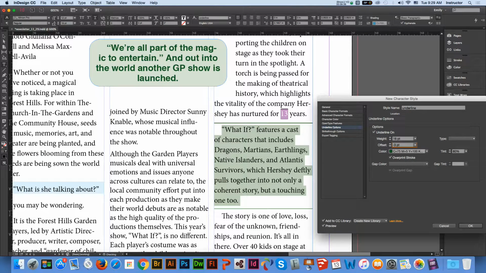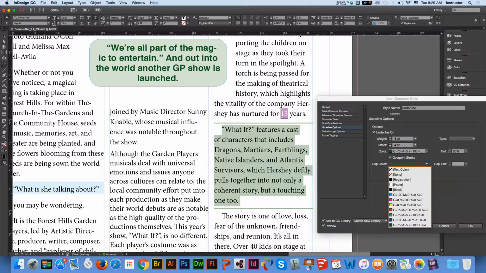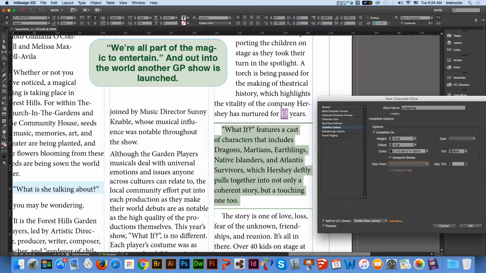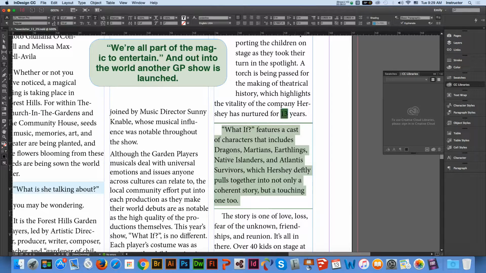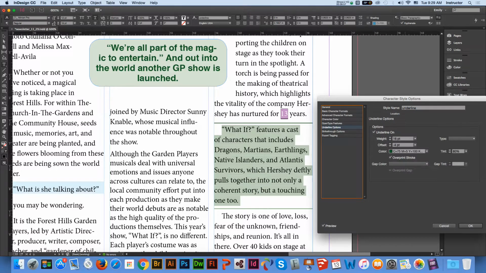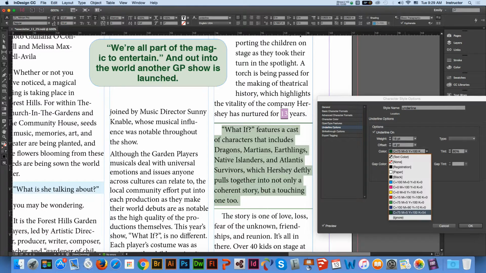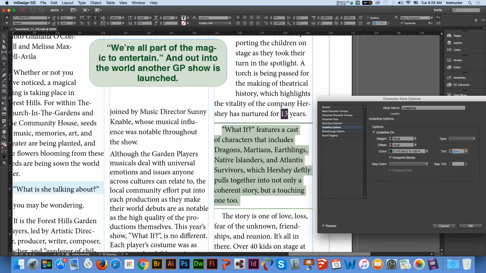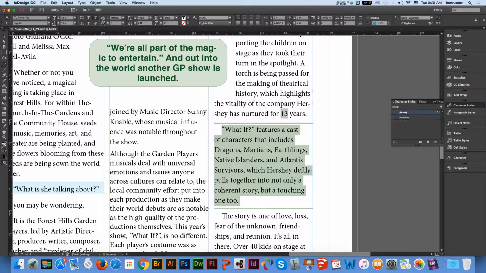-2, okay, -3, okay, -4, I like this better. You can have the gap colors, so I'm just going to ignore this, and I say okay. It's a little too dark, so come back here and double click underline option. I'm going to change this to 20%. Okay, so it's the